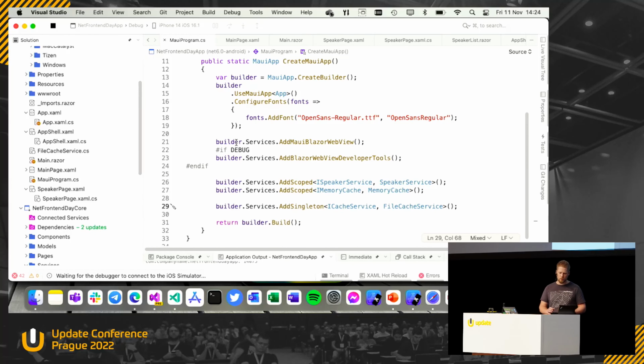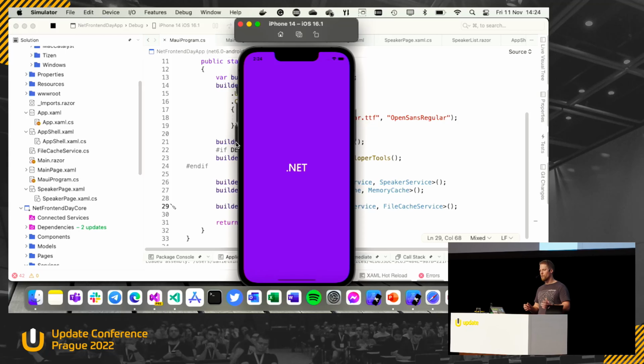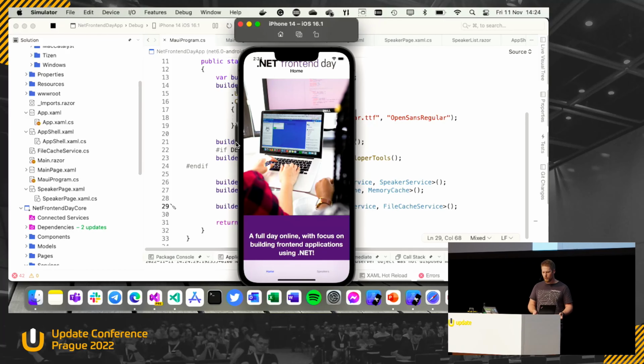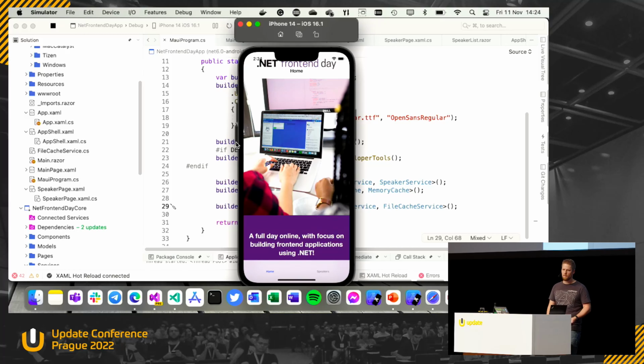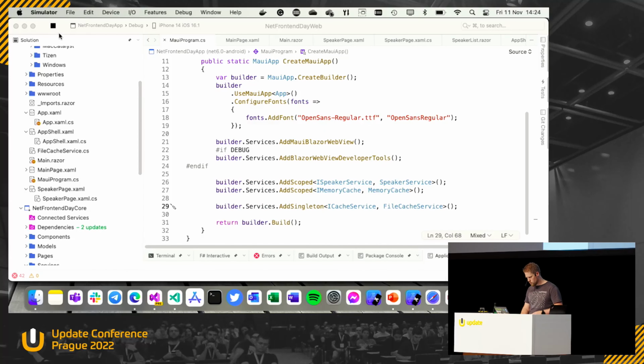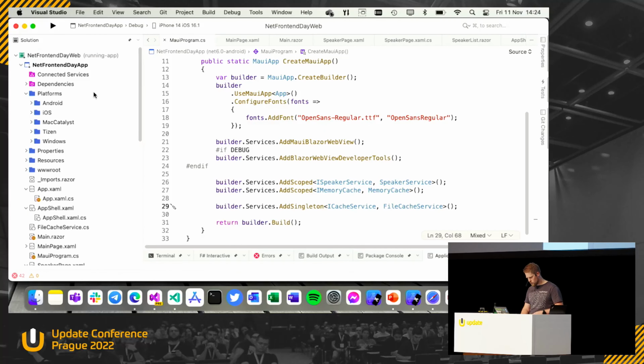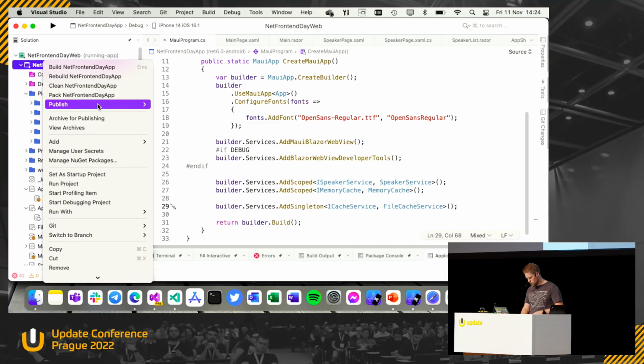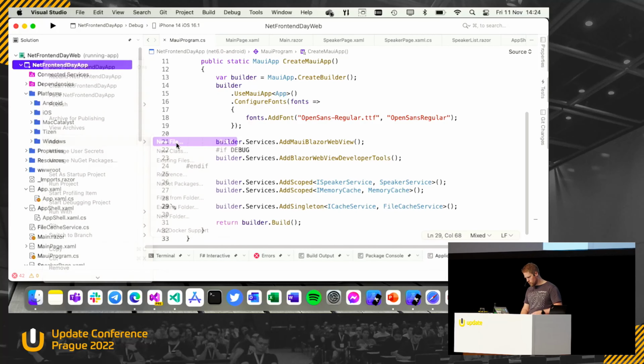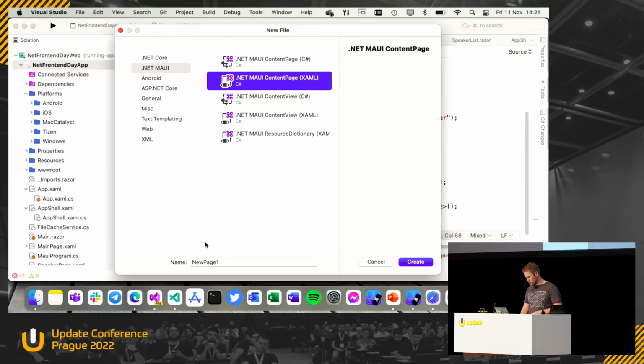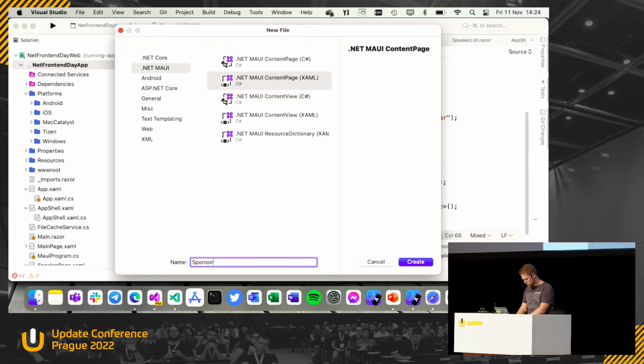Okay, one last thing we will do in this app: we will add a third tab, and in that one we will show the sponsors. And for that, we don't want to have the complete page as a web view. We want to have just a part of the page. So close the simulator, and we create a new page, add new .NET MAUI ContentPage, SponsorPage,